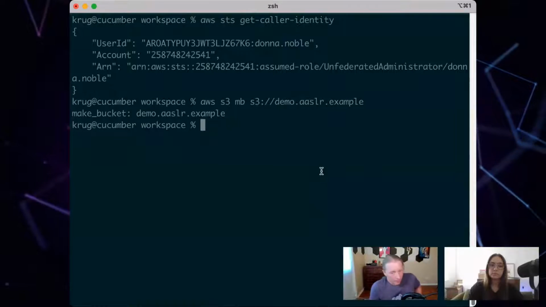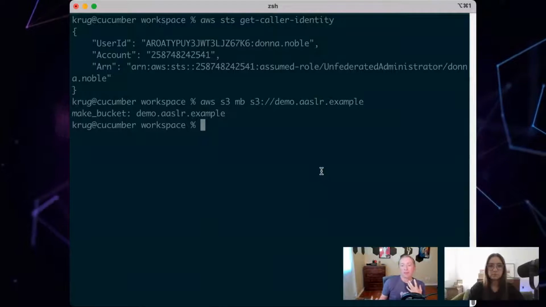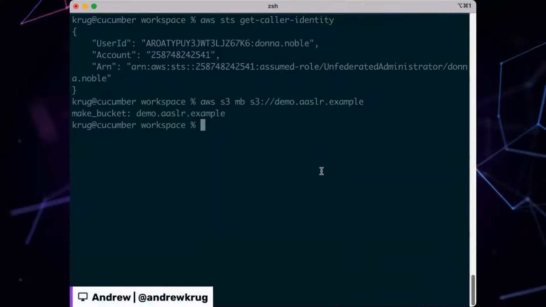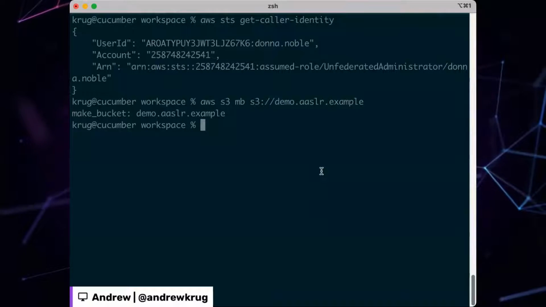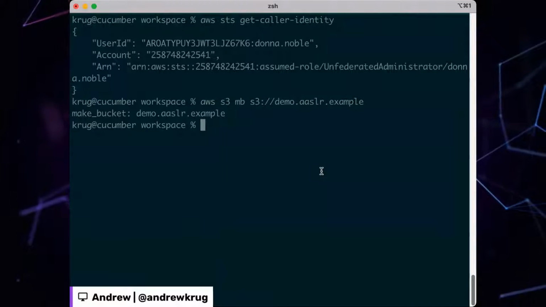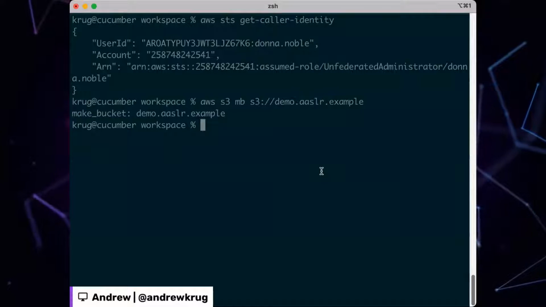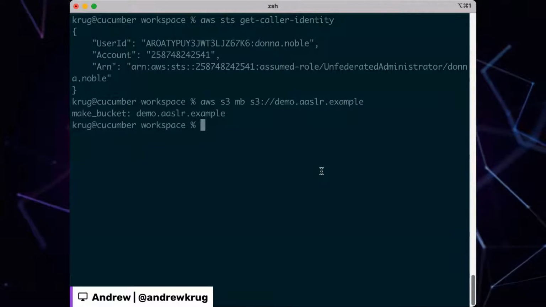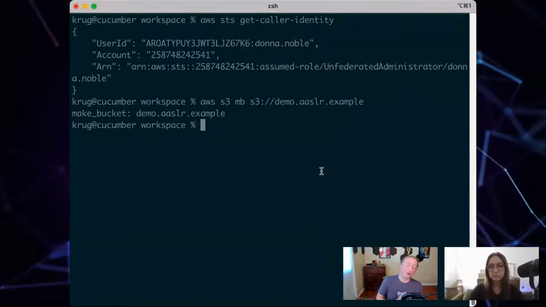So just by taking this singular action here, we have made it so that if we accidentally did commit this credential to GitHub, nobody could do anything with it. And so just by having this kind of guardrail in place, we've already made ourselves like 1,000% safer than most people are when they first turn on AWS and start using AWS.